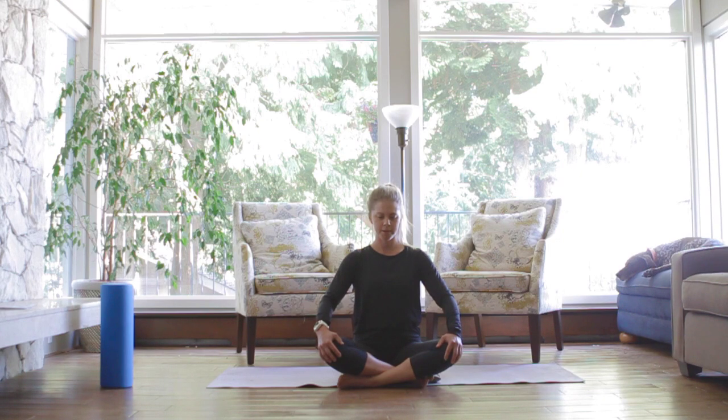Good, and this time we're going to stick our chest out, draw our shoulders down away from our ears and bring our elbows back. Keep that tall position, belly button in, breathing into the ribs. Then when we exhale, we're going to go concave, bringing our stomach back behind us and shrugging the shoulders forward. And as we inhale, we're going to come back up,